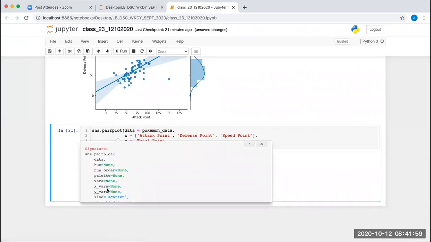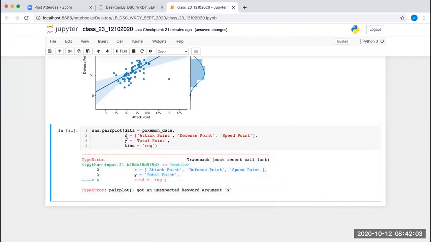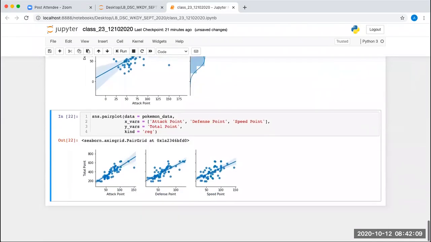It's correct. X underscore VARS, Y underscore VARS. Okay, fine. So we have this plot, this is the linear plot for attack point versus total point, defense point versus total point, and speed point versus total point.